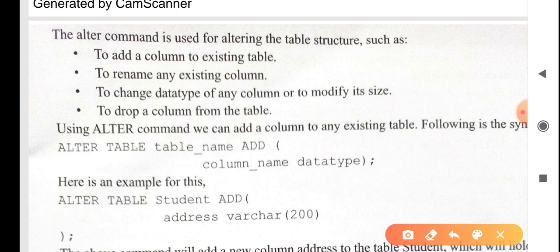So we will have to add one more column in the table.